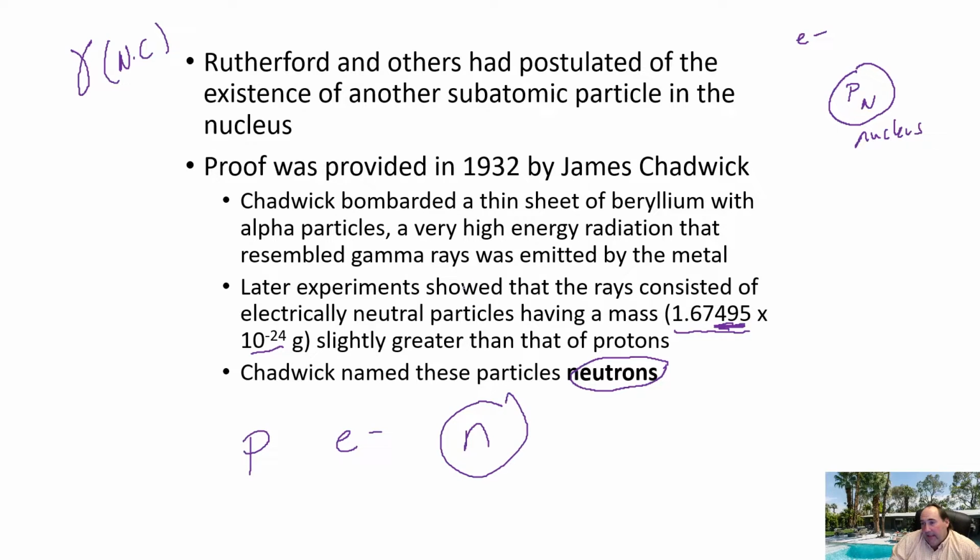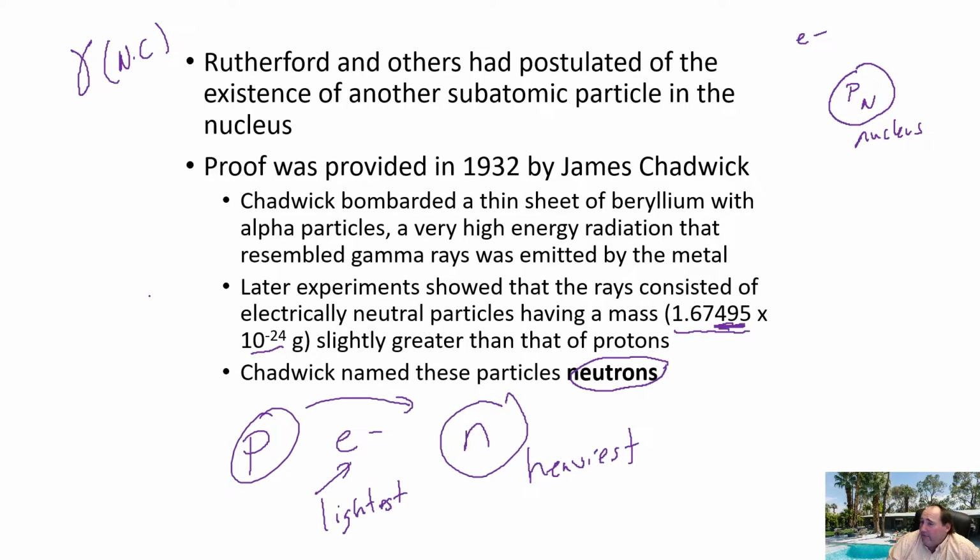So if you go back, and we'll see it on the next slide as well, and look at the mass that we found for our proton, the neutron just barely beats it out. It is actually the heaviest of all three of those particles. The electron's actually the lightest of all three of those particles, with the proton being very close to the neutron.